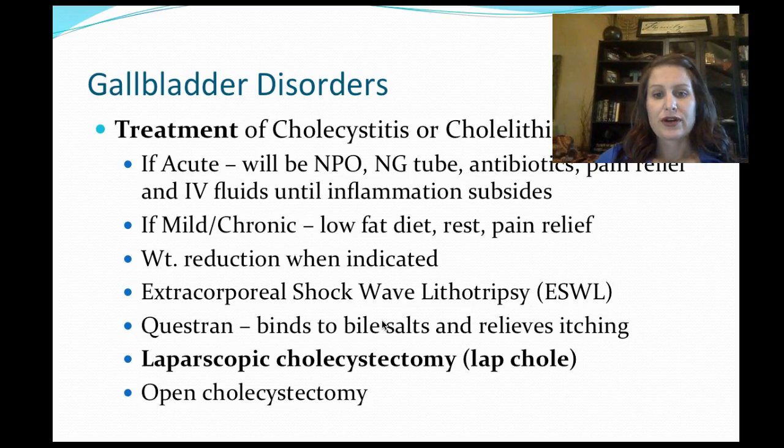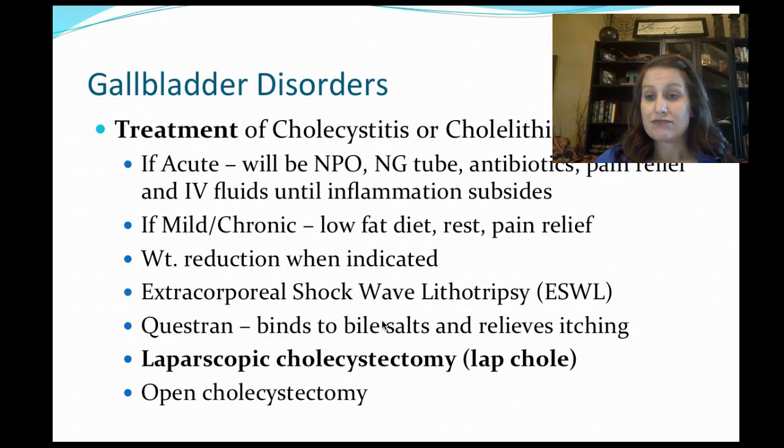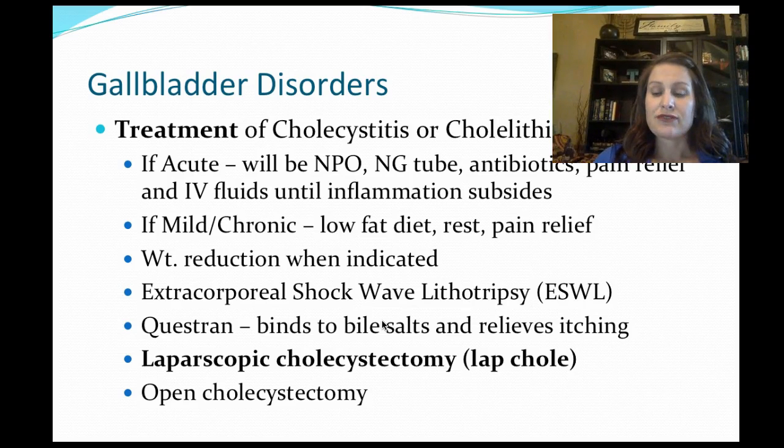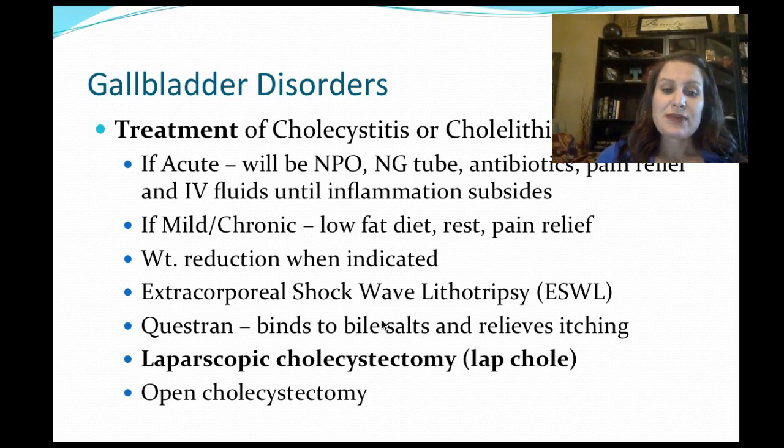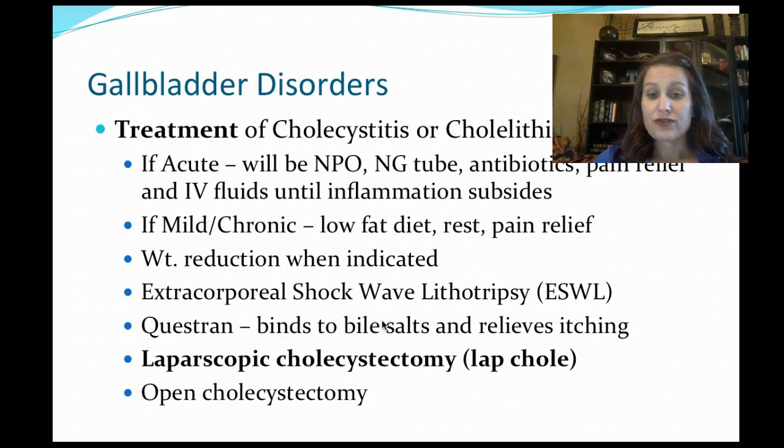The treatment for cholecystitis or cholelithiasis, if it's acute, it'll just be NPO. We're going to keep them without food or drinks. We'll drop an NG tube down, we'll use some antibiotics, pain relief, and IV fluids until the inflammation subsides. If it's mild or chronic though, we're going to put them on a low-fat diet, we're going